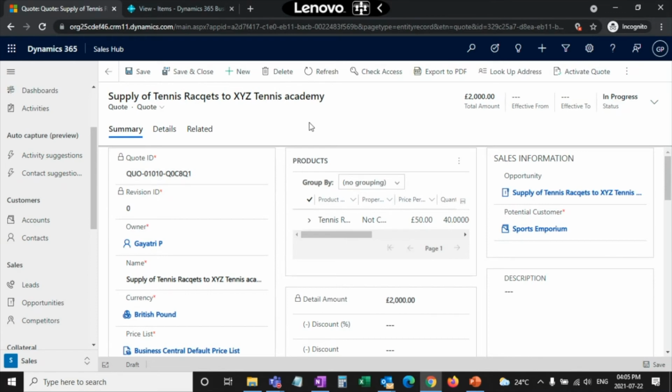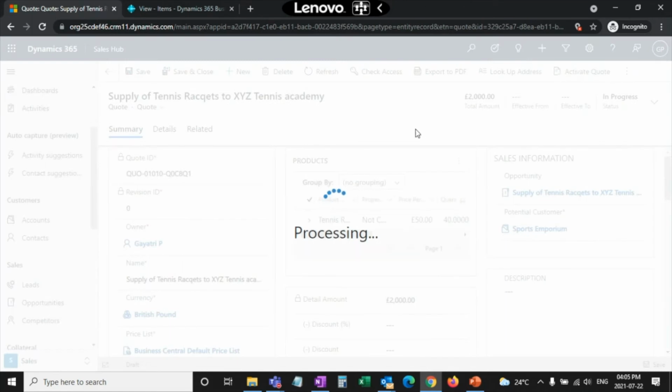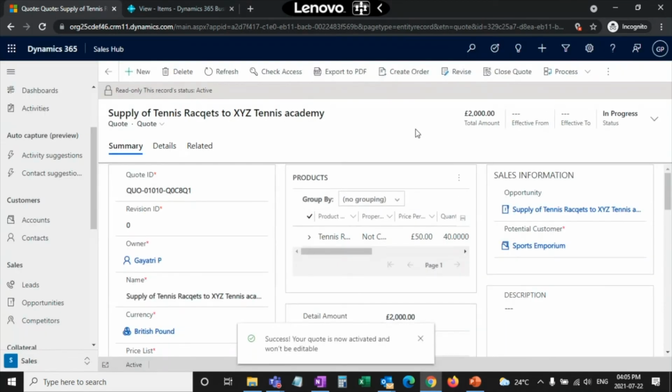The next step I need to do is activate this quote. Now there are two steps that have happened. One is an opportunity has been created. It has been nurtured to a particular state, and now that quote has been activated and sent to the customer. Now comes in the involvement of the finance team, where they will be working with the customer, working on any discounts if needed, and ultimately ensure that this quote reaches the invoice stage.